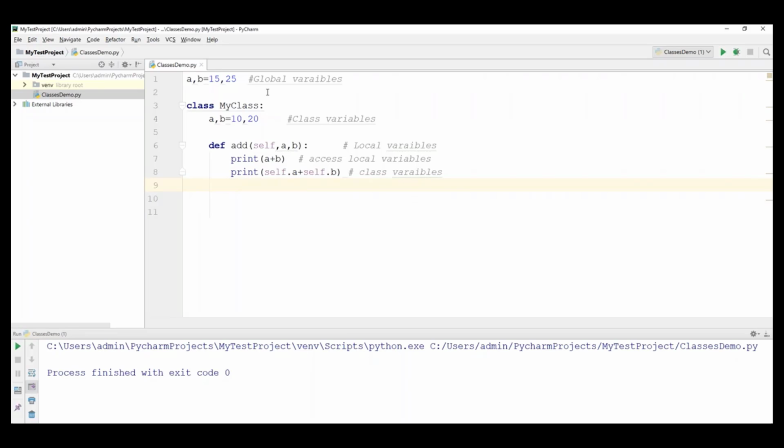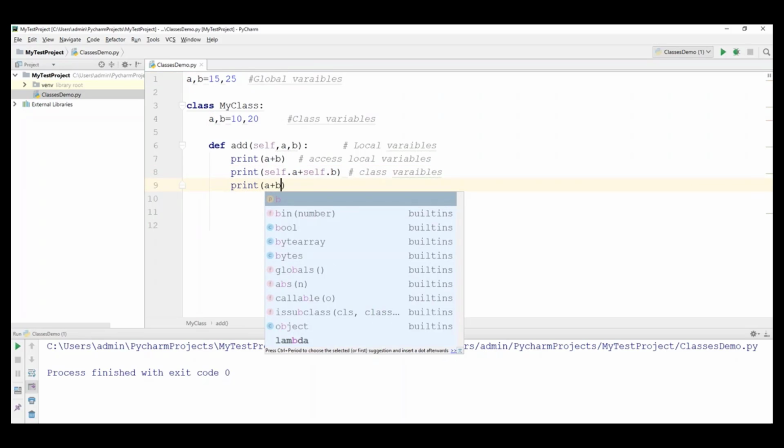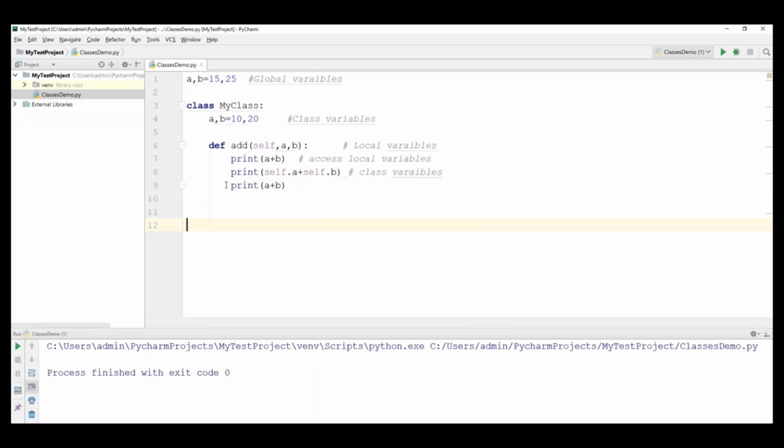Till now everything is fine. Now observe this. If you want to access the global variables, we can directly access them, right? So when I write a statement like this, print a plus b, observe this carefully. Here I am trying to access the global variables. In the previous example also, when accessing the global variables, I directly accessed them without specifying any keywords. But here the conflict will come.